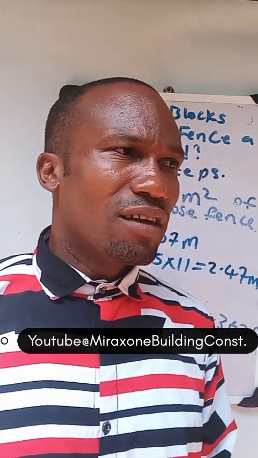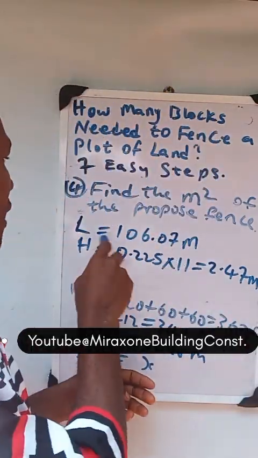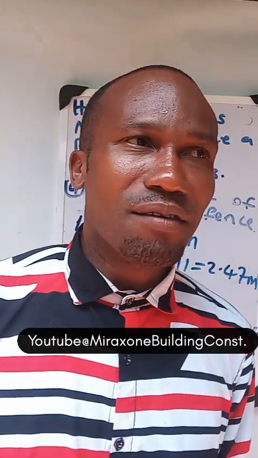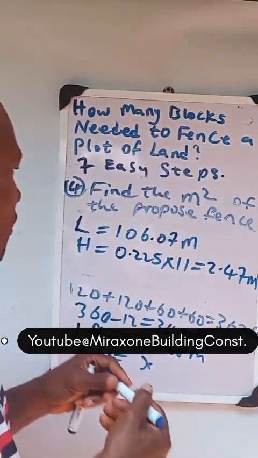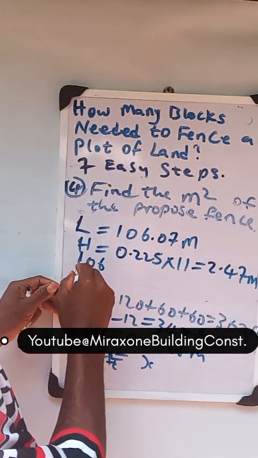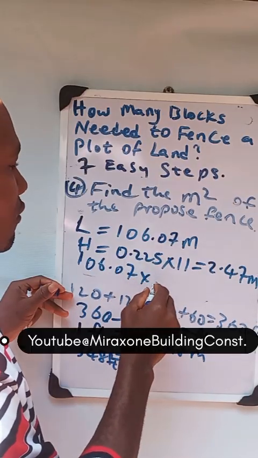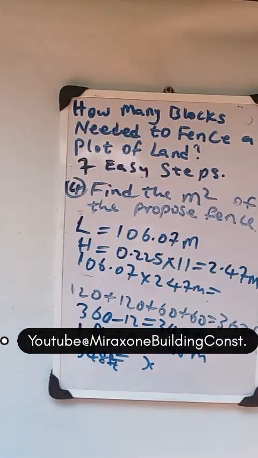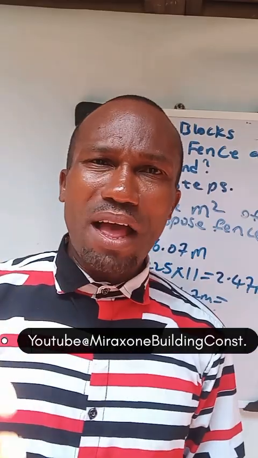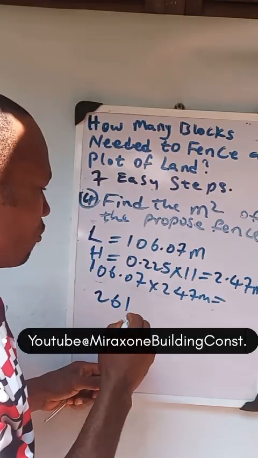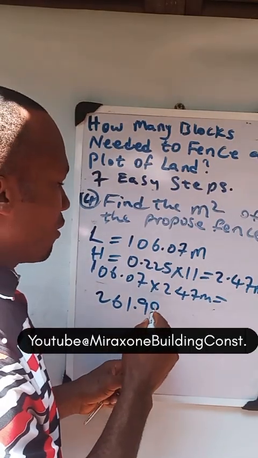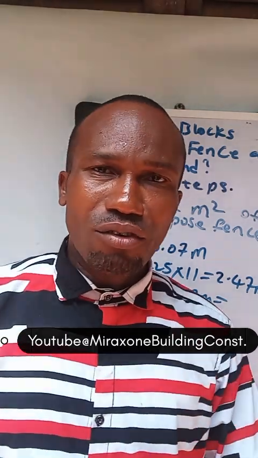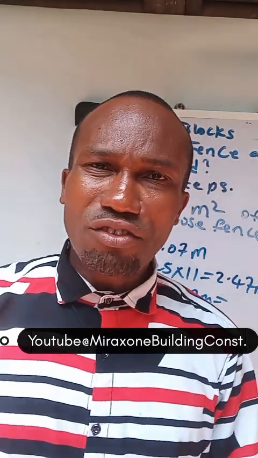You have to get your area. You have the length, you have the height to be this. So what is going to be your area? Okay, in meter square. 106.07 times 2.47 meters. So what do we have? I want you to pay attention, which is 261.9929 meters square. Okay, so I want you to pay attention very well